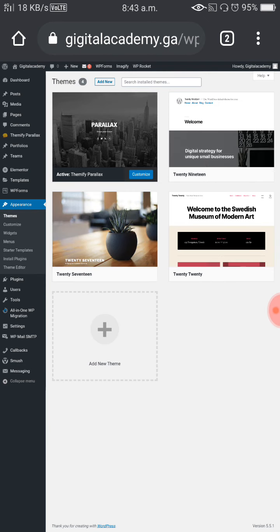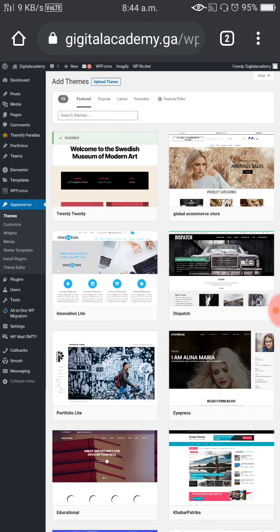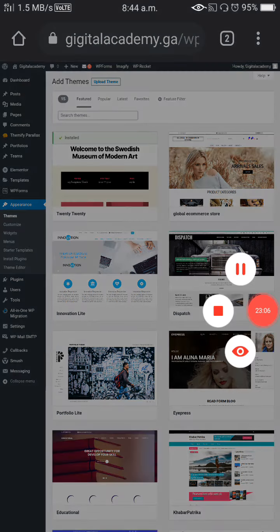themes. Here are pre-installed themes already on the site. Now for you to add a new theme, all you need to do is click on add new. You can upload your own theme if you have one. If you have a theme file on your system and you want to upload them to your site, all you